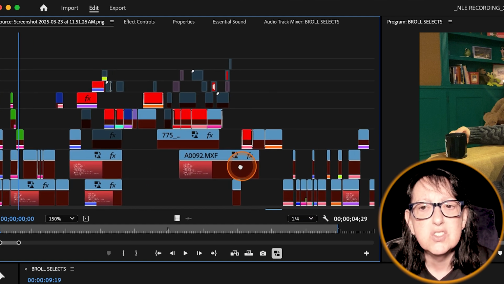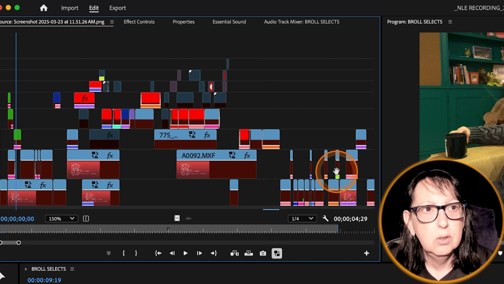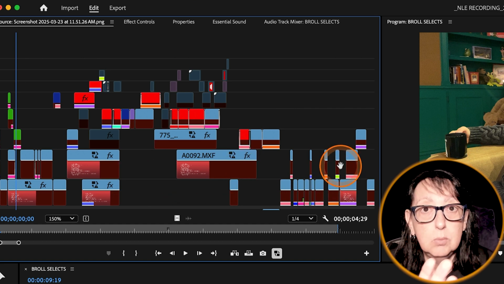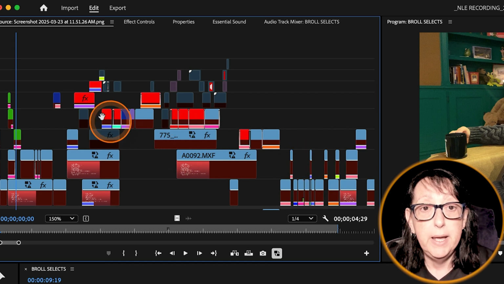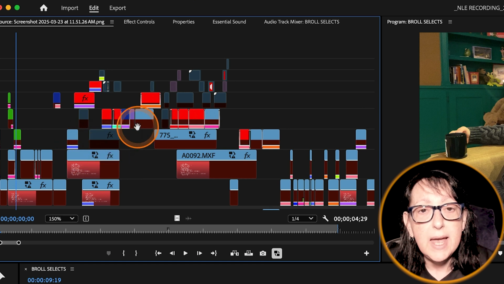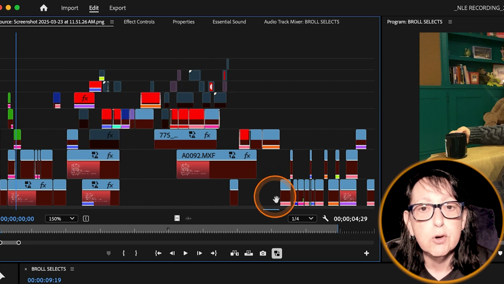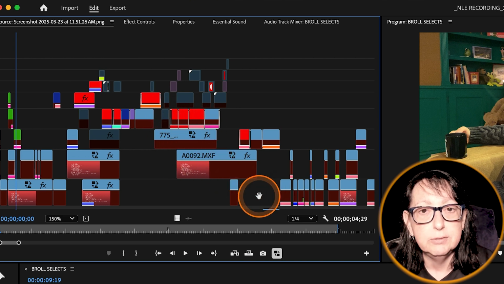This is the old timeline, right? This is a timeline I inherited. First of all, I'll show you what the whole timeline looked like later. It was a nightmare. But you can see, right? Here the editor has gone up layers for no reason. All of this stuff is covering all of this stuff. None of this stuff is seeable because of the stuff that's on top of it, and all this stuff is